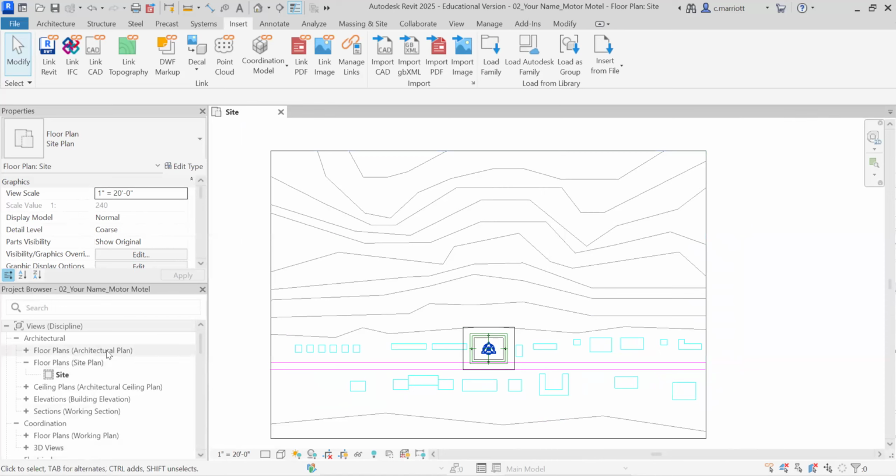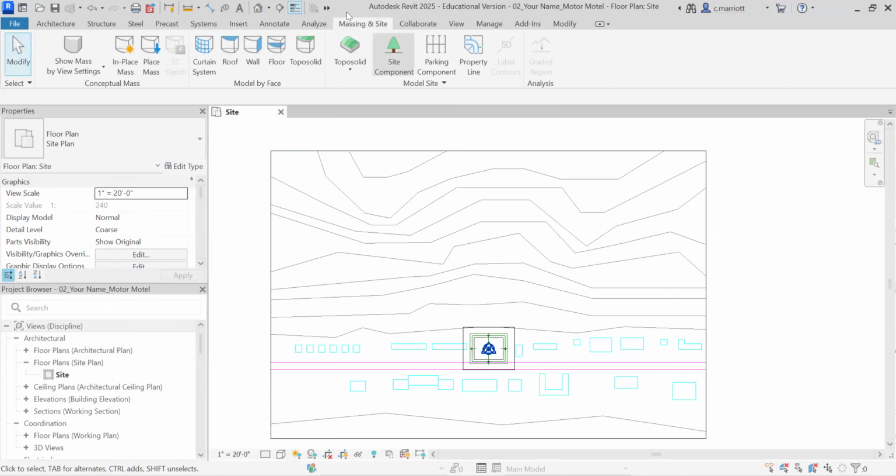Okay, so now we have this CAD file that's brought in. And by the way, you want to do this while you're in the site view. So floor plans, site, go and import that CAD file. All right, the next step then would be to turn that site contour map into a Toposolid. So if you go to the Massing and Site tab and you click on Toposolid, you can create one from